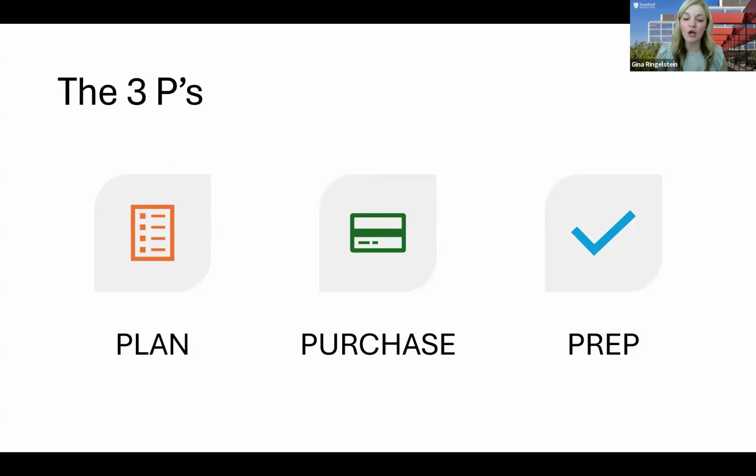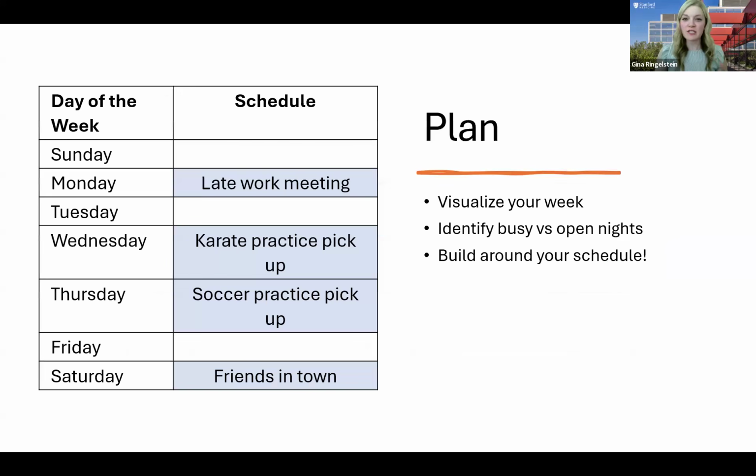which then brings us to the second P, which is purchasing. We'll talk about some strategies to utilize when you are doing your grocery shopping to maximize your efficiency while also making sure you have all of the nutrient dense items that you need. And lastly, we'll finish up with our third P, prepping. This is really where the meal prepping and magic plan really comes into play, and you'll see how we do that. So first things first, let's start with the plan, because when we have a plan, we're 100% more successful.